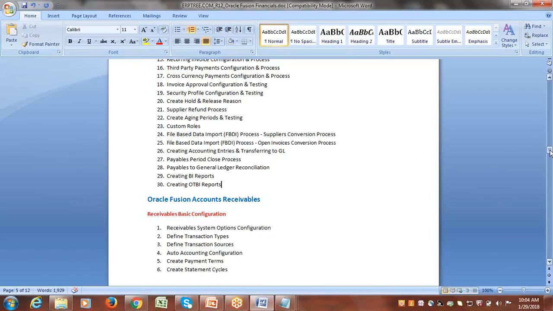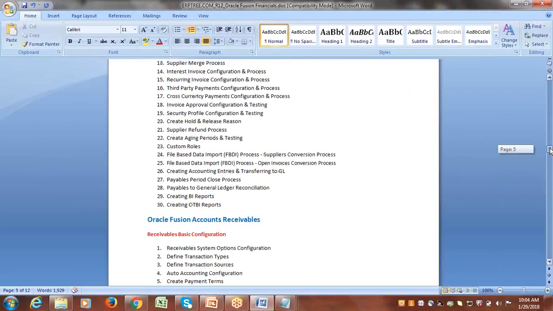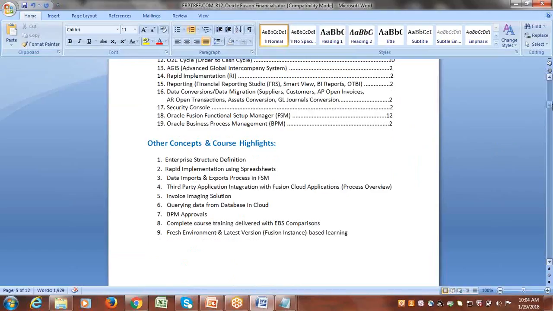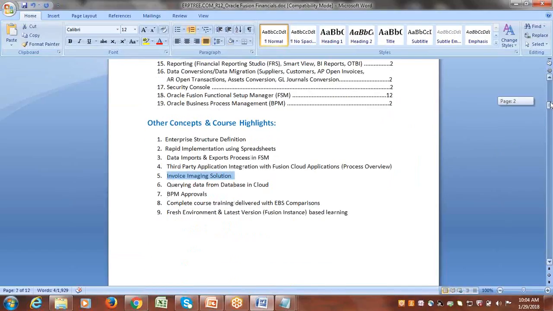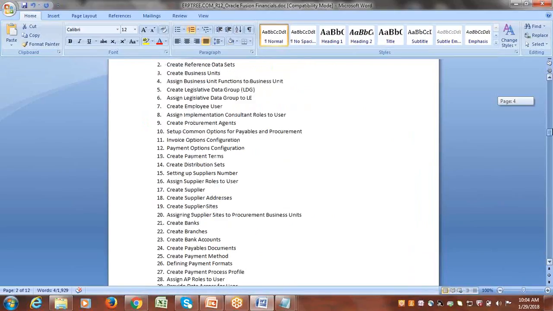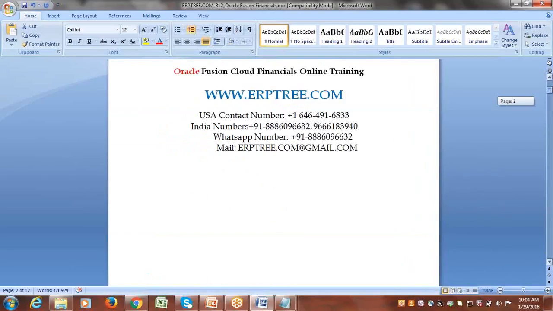One more question from me. I heard that in Fusion Cloud in AP there is image capturing and processing functionality. Are we going to have a brief on that too? Yeah, we are going to cover that. I just mentioned it here. It's an amazing solution. Great, thanks. Yeah, we'll do that. Any other questions from anyone, please?